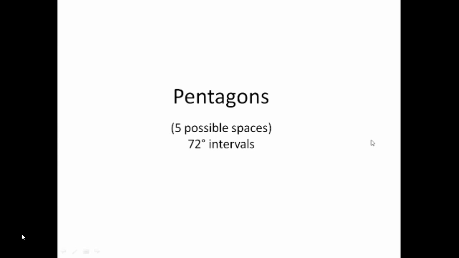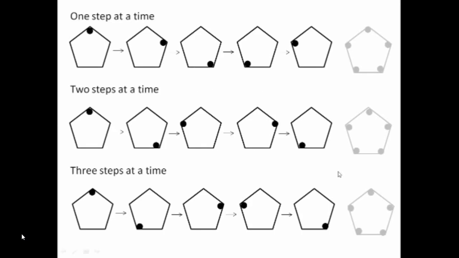So now on to pentagons and other five-sided shapes, and shapes with 5 possible spaces. Okay, so on to some patterns now for pentagons, and you can see here that the configuration for 1 step at a time is the same as 2 steps at a time, which is the same as 3. They all have 1 in each of the corners of the 5, or 1 in each of the 5 corners